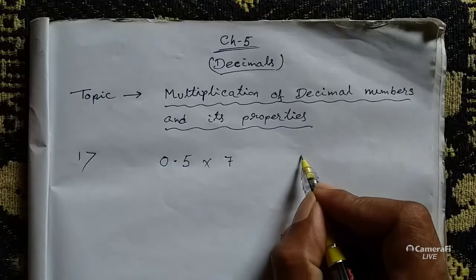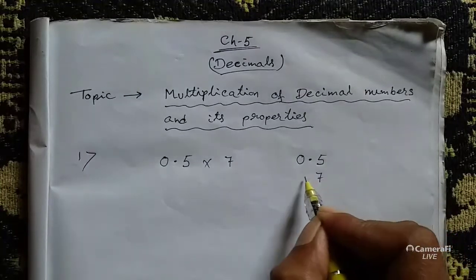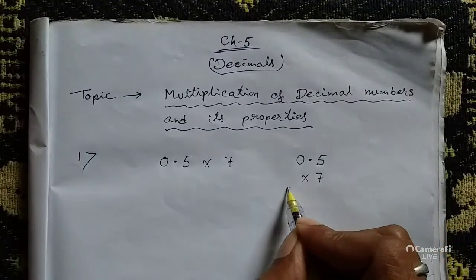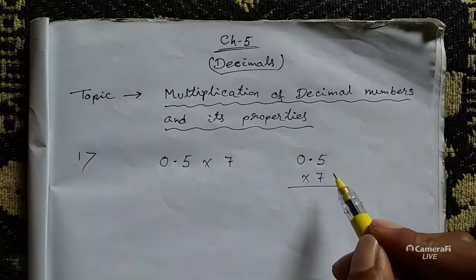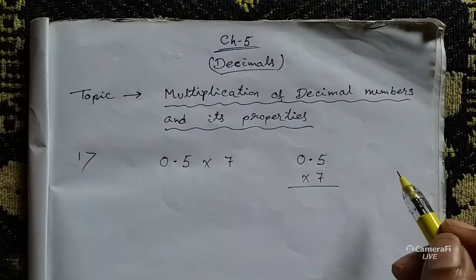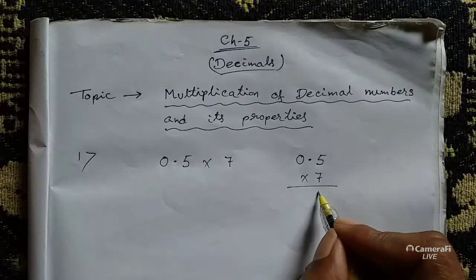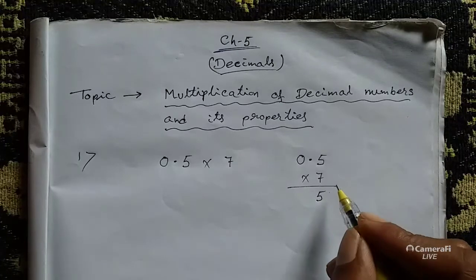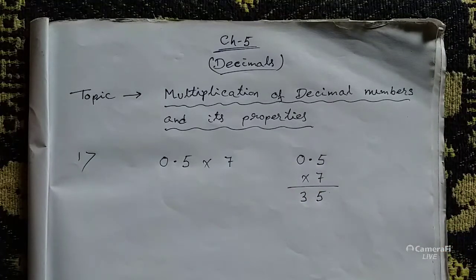We can arrange the numbers in column as generally we do for multiplication. So now multiply the number only, 0, 5 and 7, leaving this decimal. You just forget the decimal. 0, 5 and 7 we have to multiply. So 7 times 5 is 35, 5, 3 carry, 7 times 0 is 0 plus 3 is 3, 35 we get.